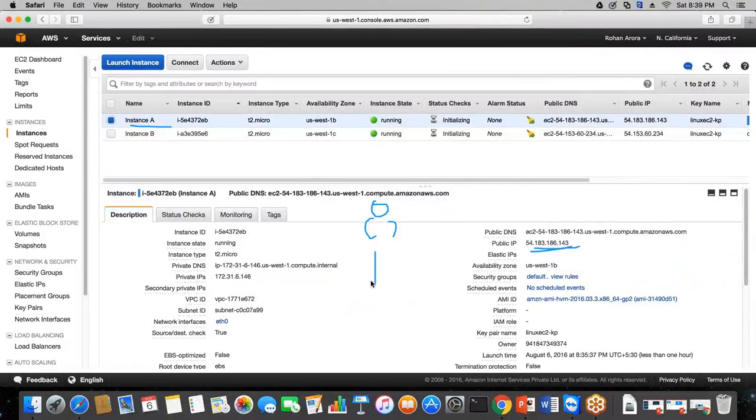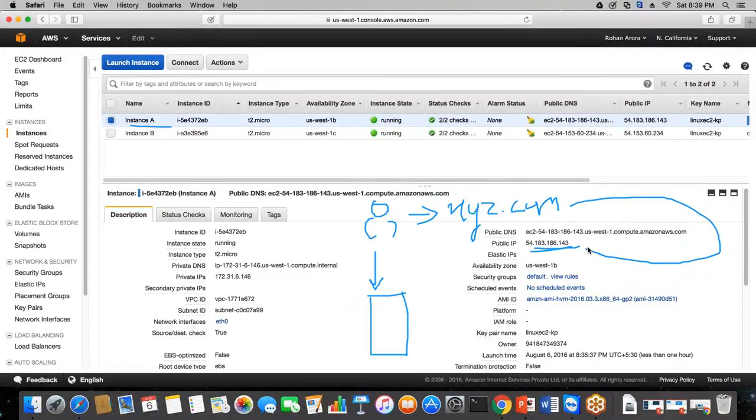He will send the traffic to this instance. Now what you will do is that you will not give the public IP of your instance. You will say, okay, user, type in the following domain name, let's suppose xyz.com. And this domain name will point towards this public IP. It will resolve to this public IP,